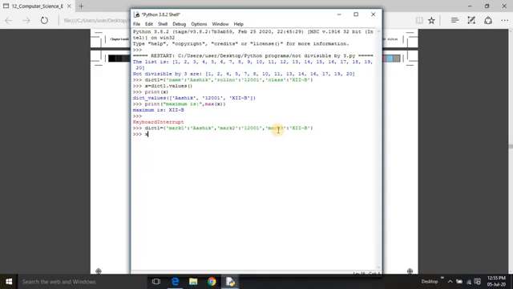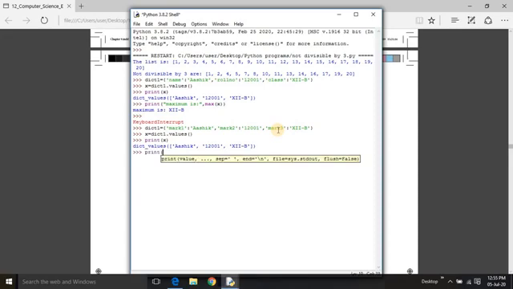I am getting the values in the variable x equal to dict1 dot values. So all the values in dict1 are stored in variable x. So I need to find the maximum in the dictionary, means print maximum, max of x.